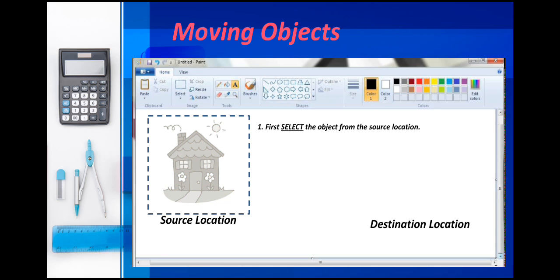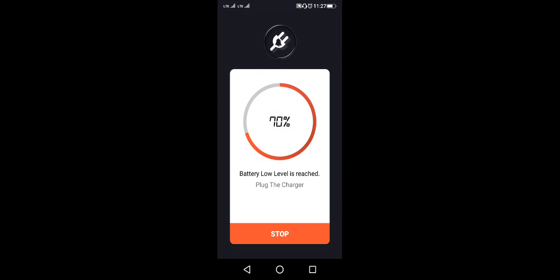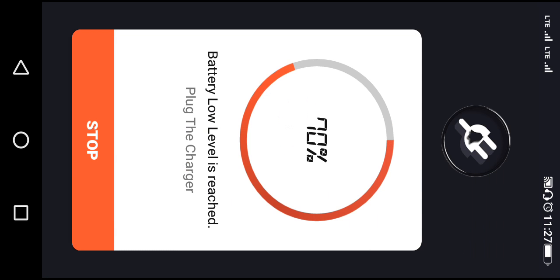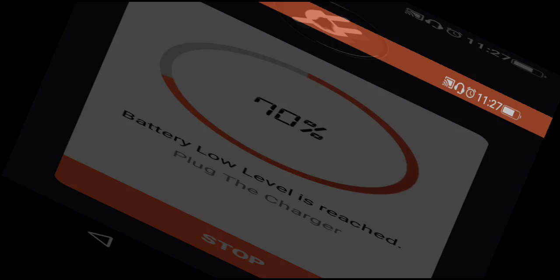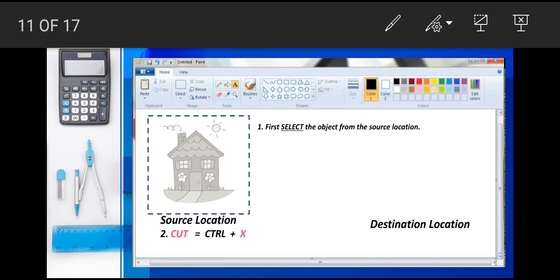After selecting it, we can use a shortcut key. From the keyboard we can type, simultaneously pressing two keys together, CTRL plus X. First you have to press the CTRL key, and with the other finger you have to press the letter X.